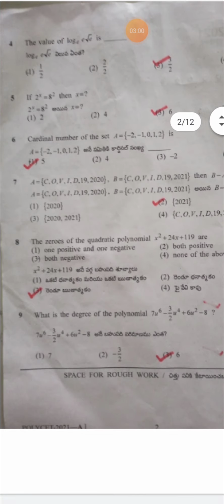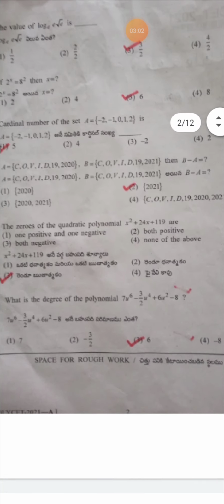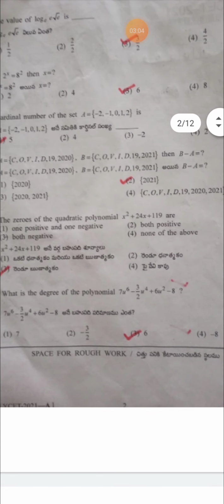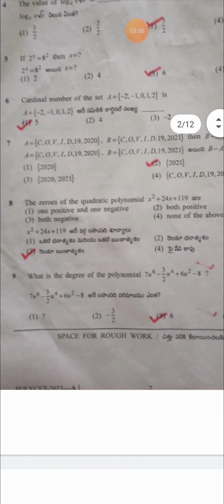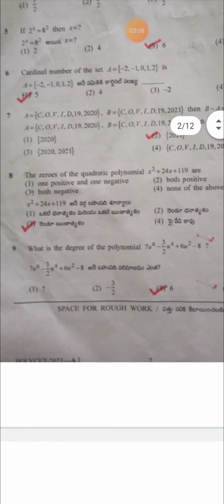Cardinal number of the set, that means there are 5 elements, we can say the cardinal number is 5. Answer is A. And seventh, B minus A, that is 2021. Seventh answer is 2021. And eighth answer, if you do it, it will come as 17